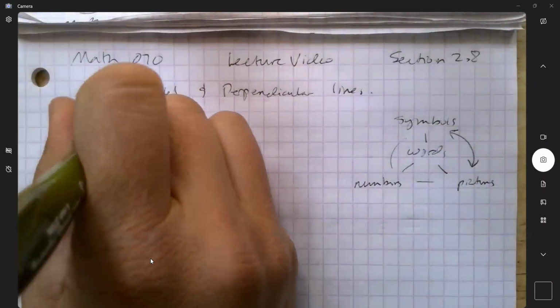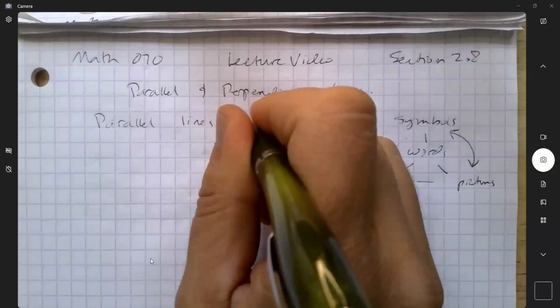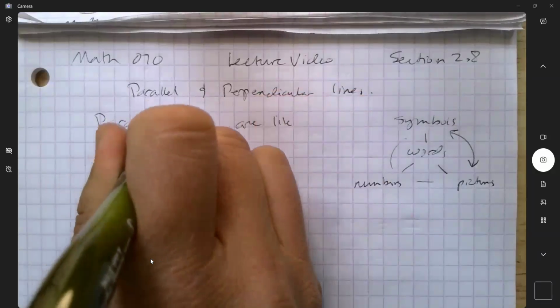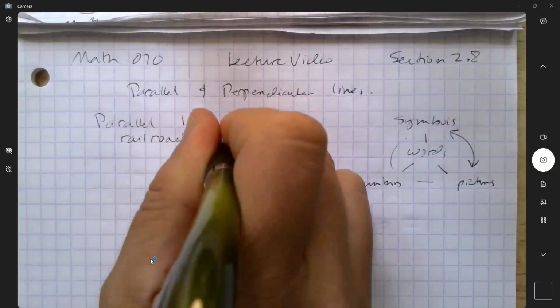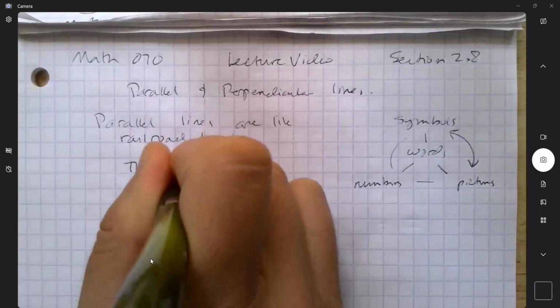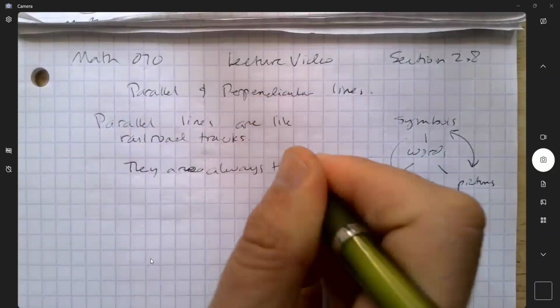The parallel lines are like railroad tracks. They are always the same